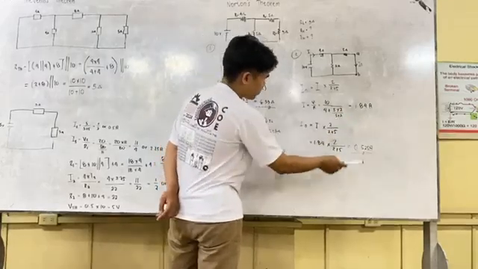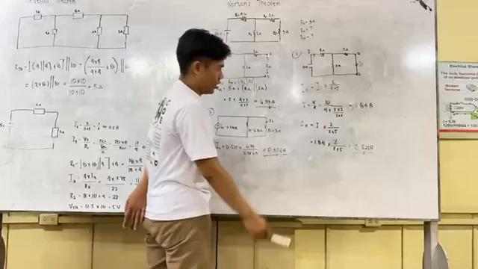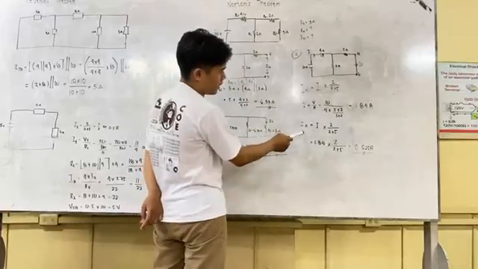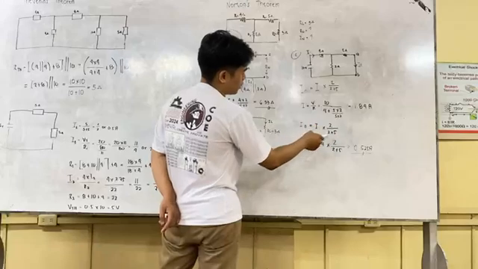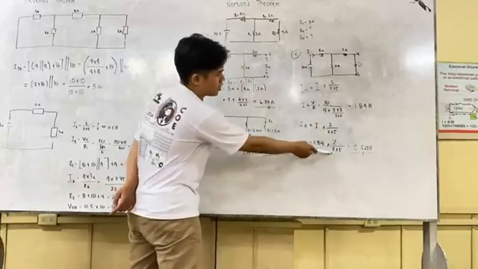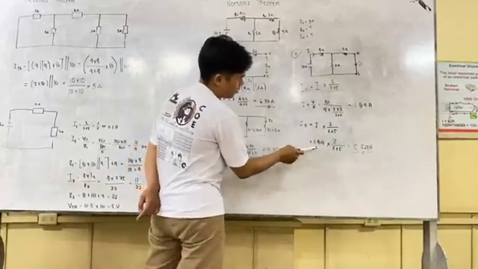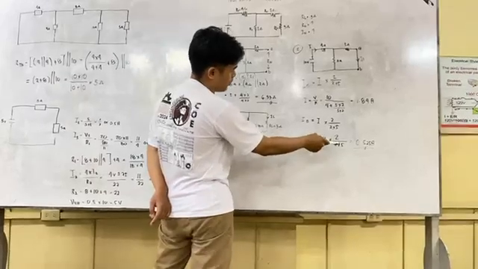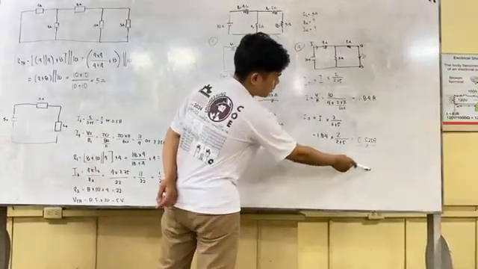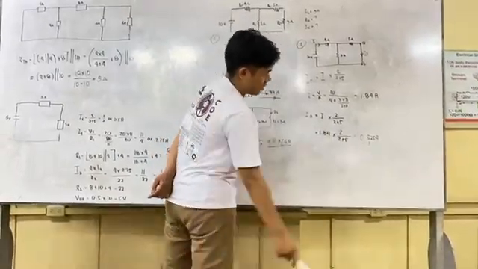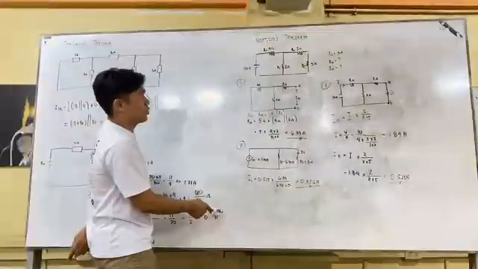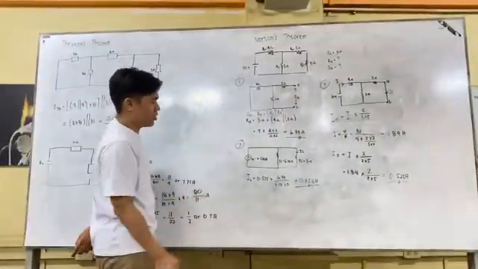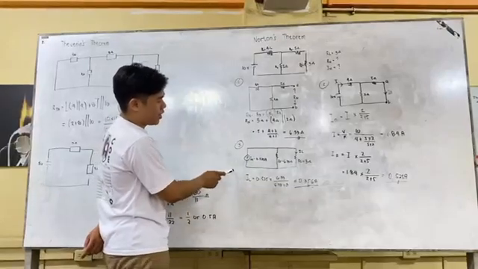and we have the answer of 1.84. Then since we have the I, we can solve for the IN. So IN is equal to I times 2 over 2 plus 5. Substituting those values, we have 1.84 times 2 over 2 plus 5, and we have the answer of 0.525 amps.